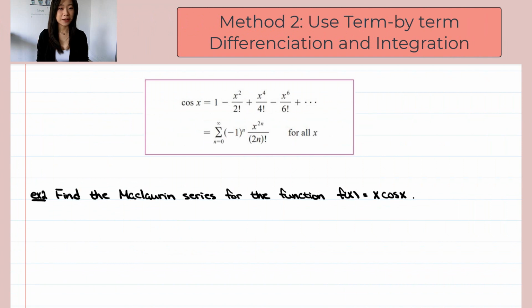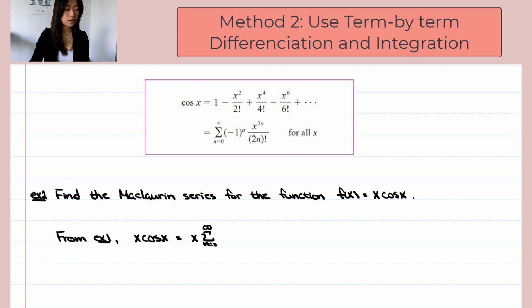Now let's look at the second example. Here we want to find the Maclaurin series for the function x times cosine of x. Since we already found the Maclaurin series for cosine of x in example 1, we can simply multiply the x to the series. x times cosine of x also equals x times the Maclaurin series for cosine of x. That is the sum for n starting from 0 of negative 1 to the power of n, times x to the power of 2n divided by 2n factorial,